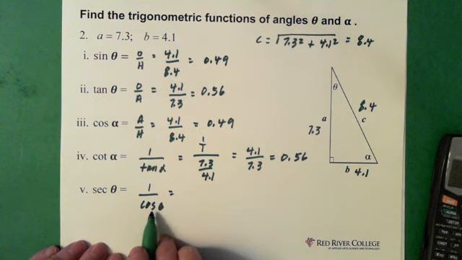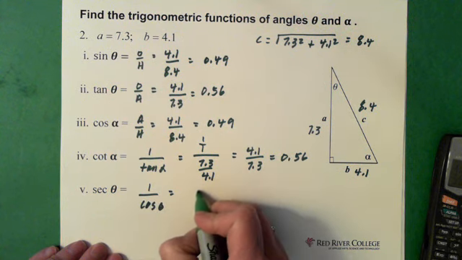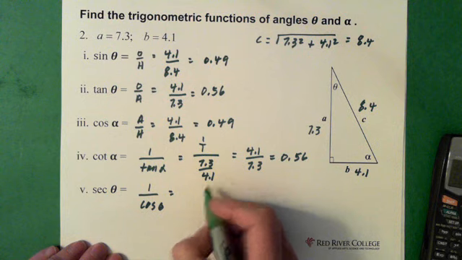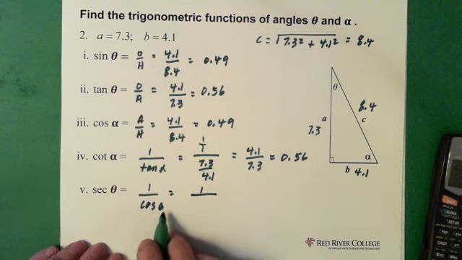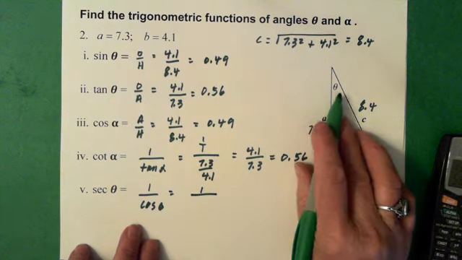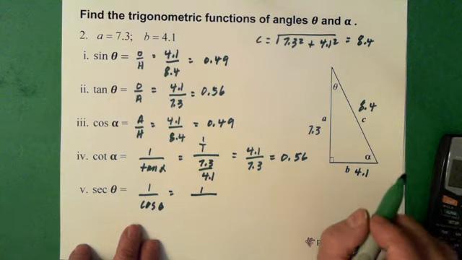So 1 over the cos of theta, which we didn't do, right? So 1 over the cos of theta, right here, is,